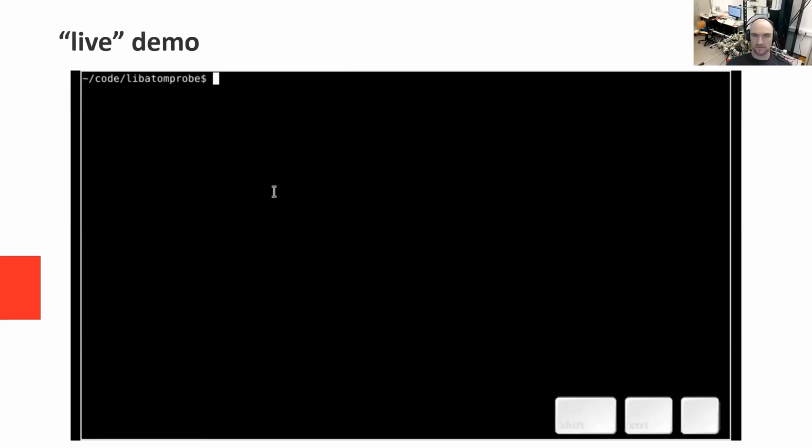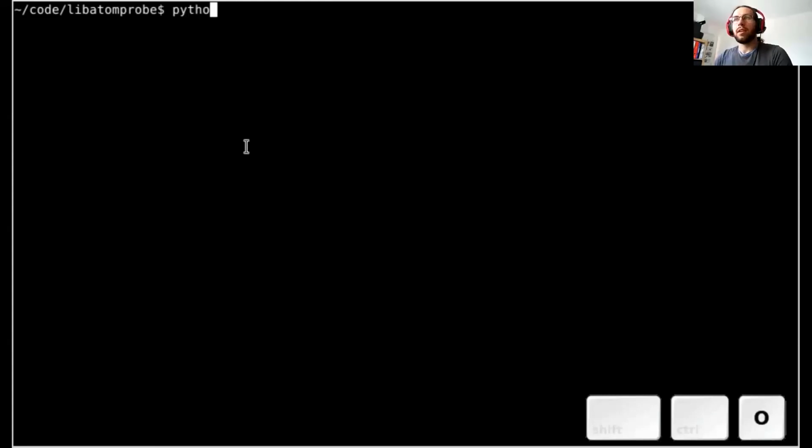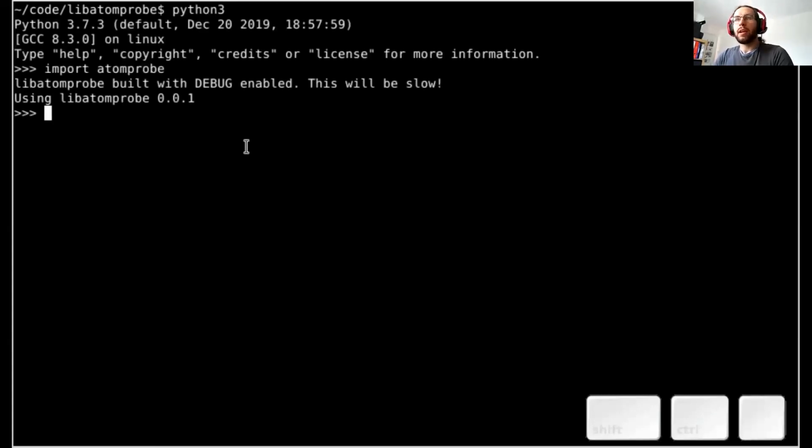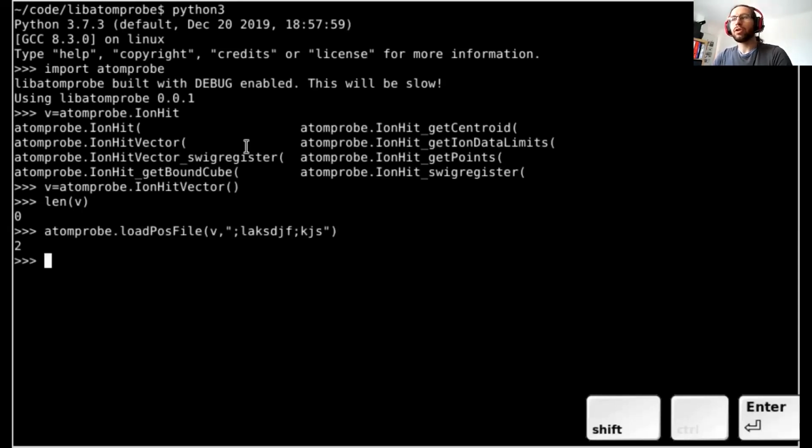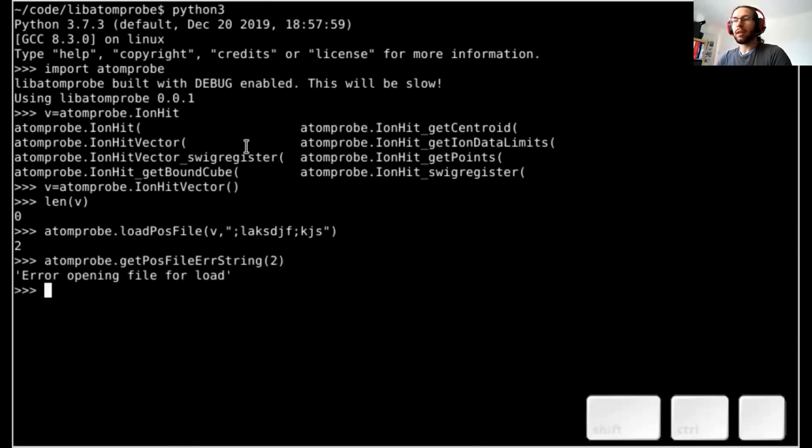We've got a little live demo of how this works in Python. So we just simply import Atomprobe, and now we've loaded up the library. We can make a vector of ion hits. This is how we store the data. You see, initially it's got 0 length. Now, if we load some random file that doesn't exist, we get an error code, and we can decode that to get the fact that this file doesn't exist. We can open a real file